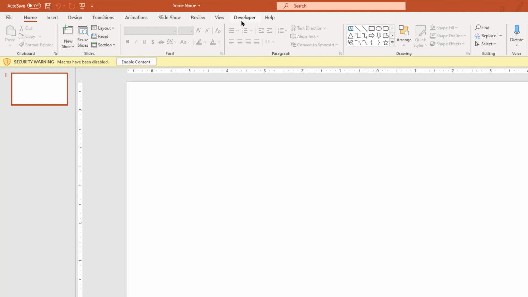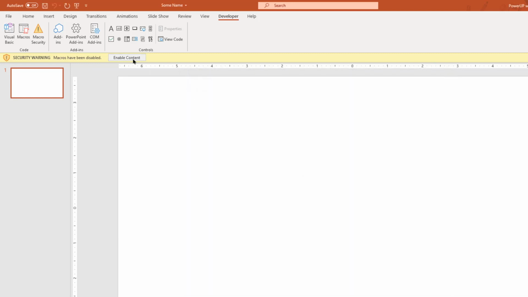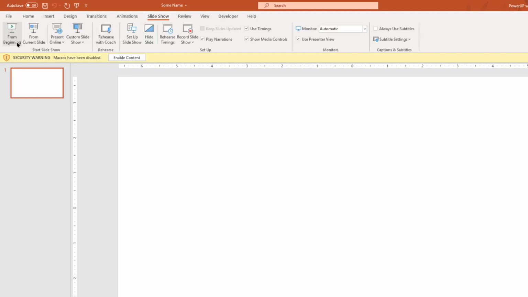If you remember, under macro settings, we had disabled all the macros with the notification, and that's the same reason we get this security warning. We must enable this content only if you trust the developer or you know what exactly is the intent of VBA code. Else I'm stating it once again, your privacy will be at risk. If in case this PowerPoint presentation file directly opens up as a slideshow, you will still get the security alert like this. Just enable the content if you trust it and then click on OK.